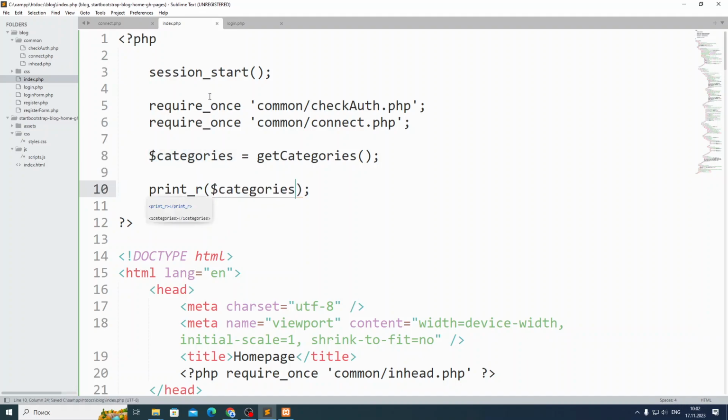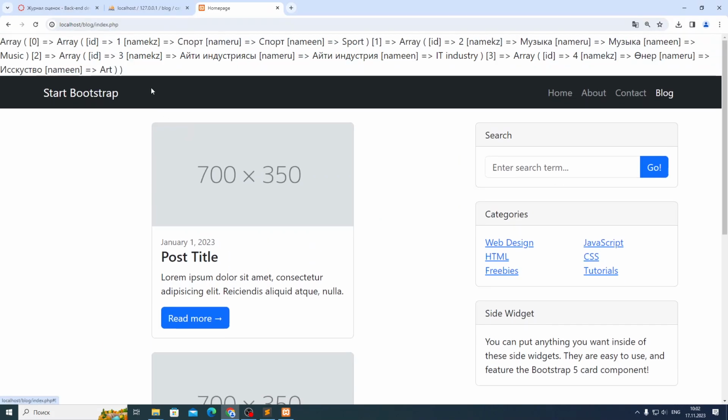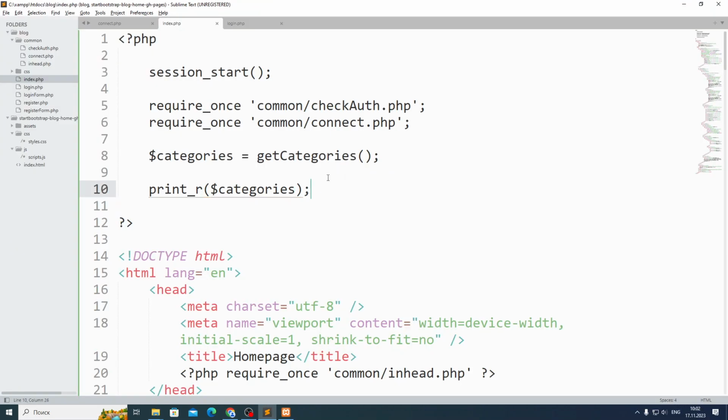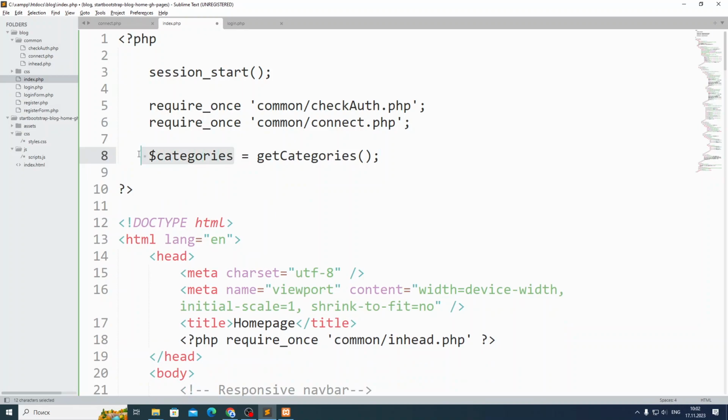Let's quickly check, just to be sure. You can see these categories appeared here, so it means I take them from the database. It means I'll take the array of categories and put it here, or where I have to put it,